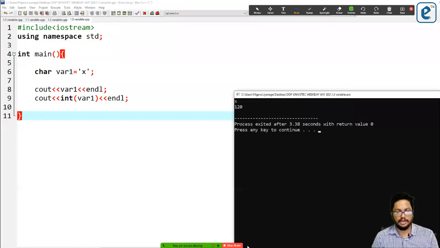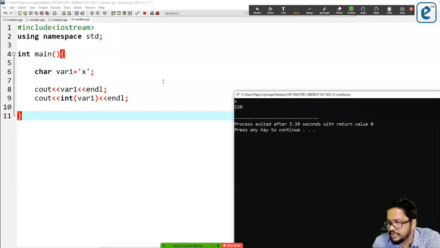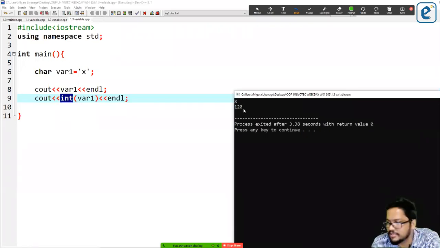What I just did here, I printed the variable. So x is printed, and here I'm going to print the integer. I'm going to convert this variable into an integer, that means convert the character to an integer and print it. Because this is called casting. So I'm going to print this variable as an integer. When I print it as a value, what comes out is 120.